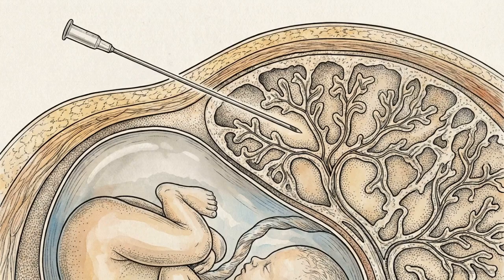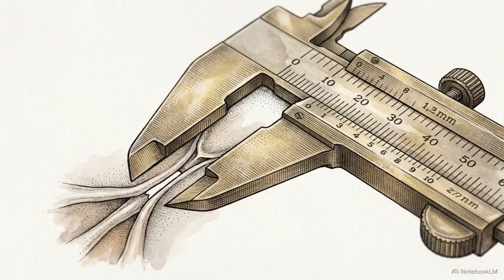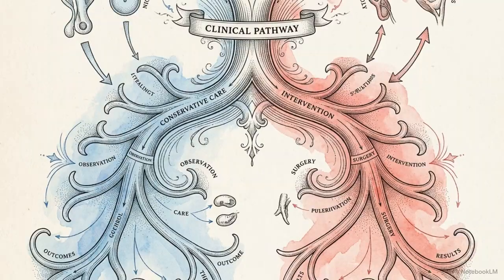This illustration shows a chorionic villus sampling procedure, or trophoblast biopsy. Under continuous ultrasound guidance, a needle retrieves placental cells to map the actual fetal karyotype. At this gestational age, sonography acts as a rigorous diagnostic filter. A difference of just a few millimeters in nuchal fluid can trigger an invasive procedure and dictate the entire trajectory